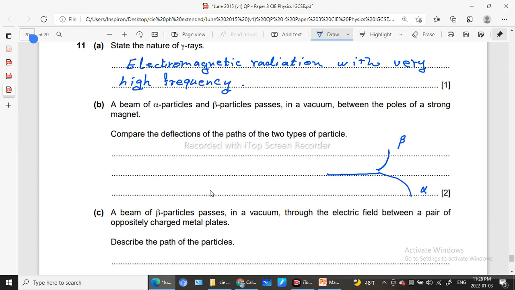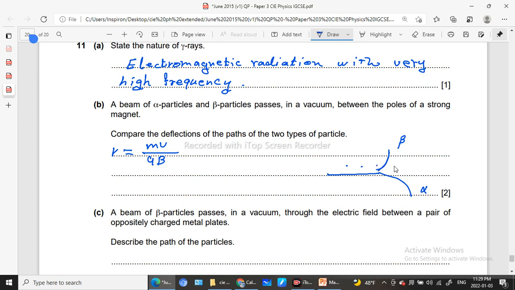The deflection of beta particles is much greater than that of alpha particles because the radius of curvature depends on r equals mv over qB, where m is the mass of the particle and v its velocity, q its charge, and B is the magnetic field. Here of course there is a magnetic field